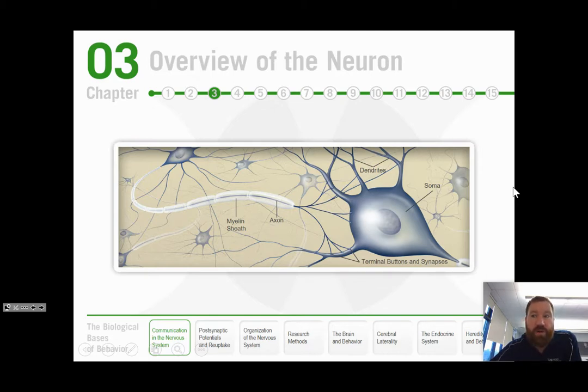There are what we'll learn are somatic neurons that kind of end in muscles or actually in skin cells or other types of senses. There's also neurons that end in muscles that allow us to move. But for the vast majority of our nervous system, we're talking about interneurons, neurons that communicate with each other.